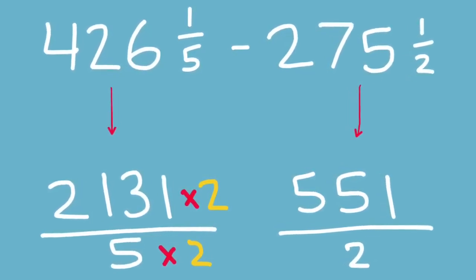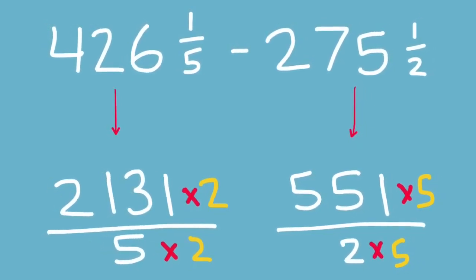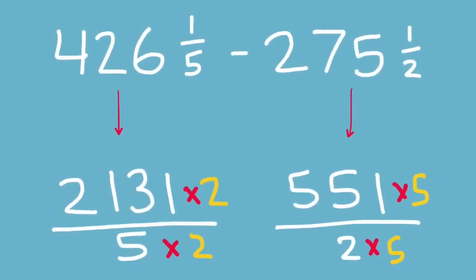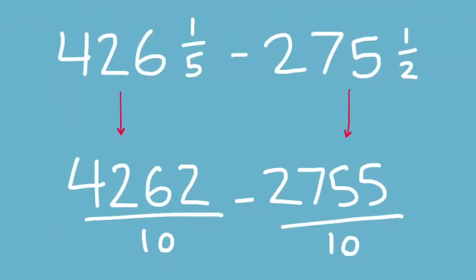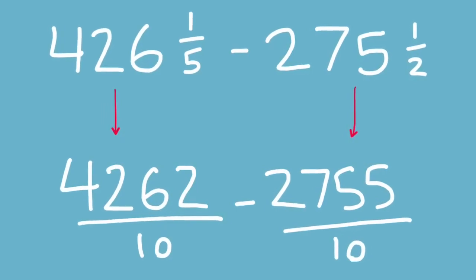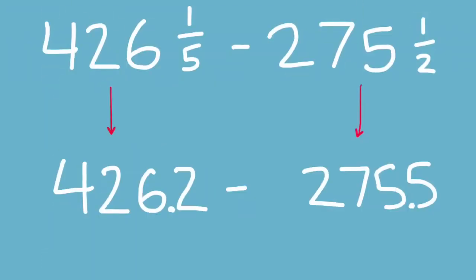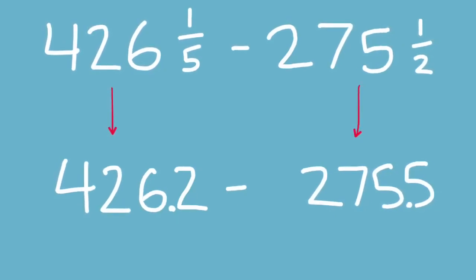It means I've got to multiply my numerator by 2. And to make my halves into tenths, I'm going to have to multiply them by 5, 2 times 5, and my numerator by 5. And after all that work is done, I'll have 4,262 tenths, take away 2,755 tenths. And then I need to turn them into decimals, and 4,262 tenths would look like this, because I'm